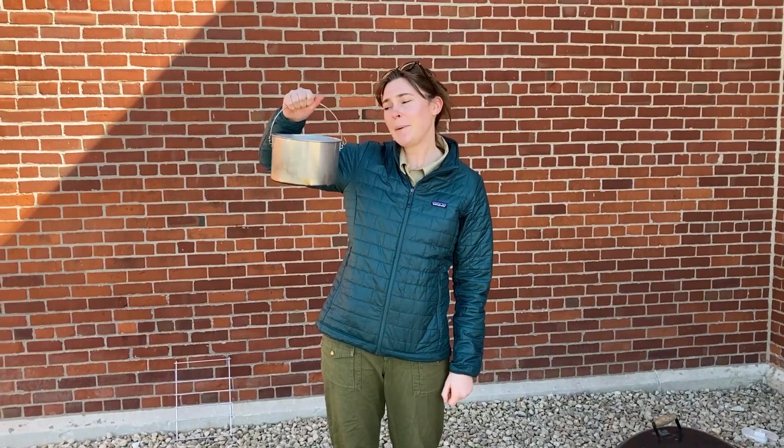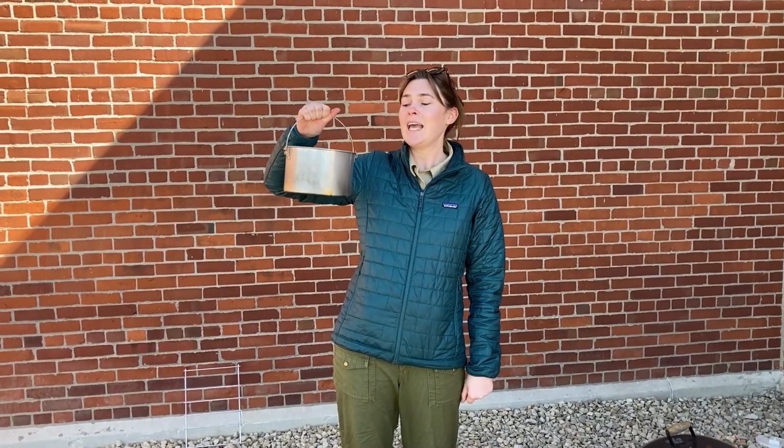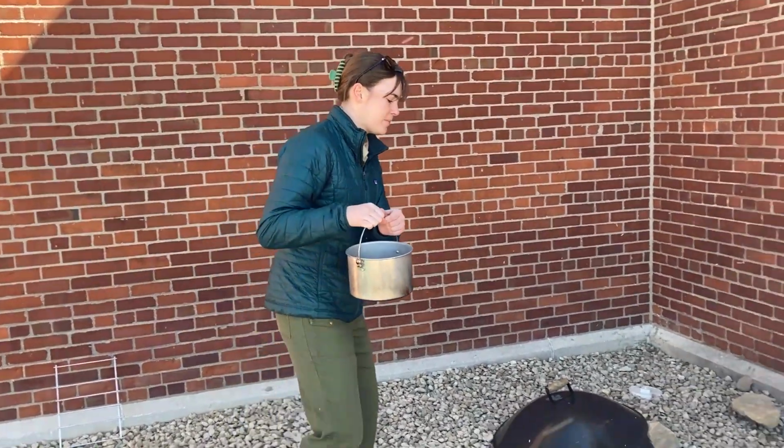Alright Scouts, so I've got a bucket of water here I got down from the lake, and we want to be able to drink it, but right now it's not safe. So we're going to learn a way that we can make water safe to drink just by boiling it. So I'm going to stick it straight onto the fire,